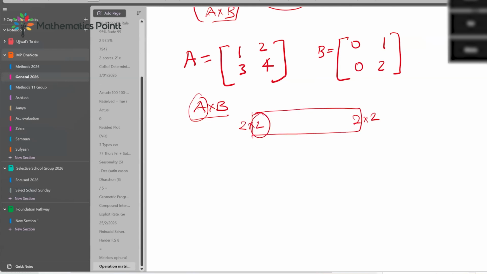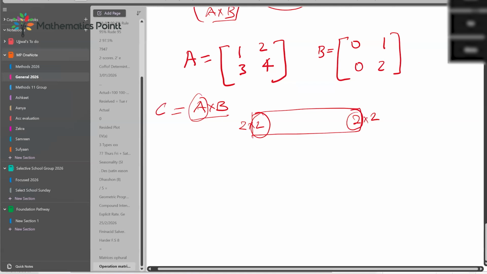So the columns of the left matrix must equal the rows of the right matrix. Now, one important point before I actually go and do the product of these matrices: once you have multiplied the two matrices, you will still get a matrix, right? Let's say you get a matrix C, another matrix. What will be the order of that matrix? The order of that matrix is